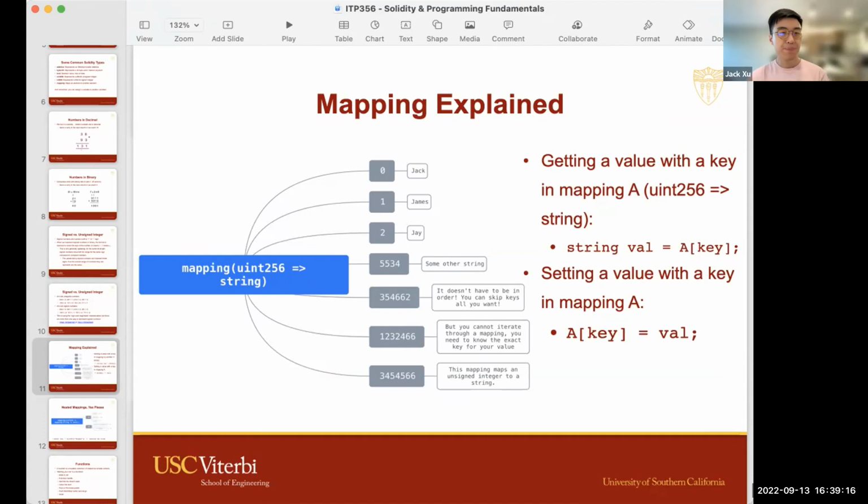Okay. Jack, I have a question. Is there a way to figure out, like you said there's no length of it, but is there a way to get the amount of keys you have, like a dot key or something? Yeah, so the problem again is all the keys technically exist. It's just that the value that they're pointing to, if you've never set anything, will be empty.